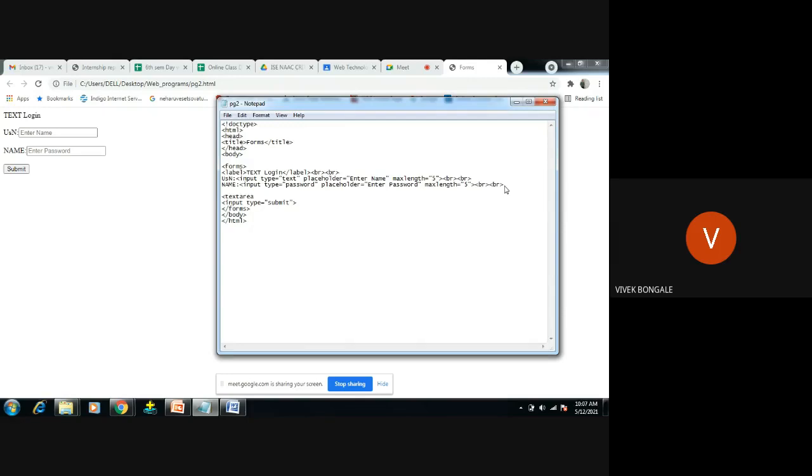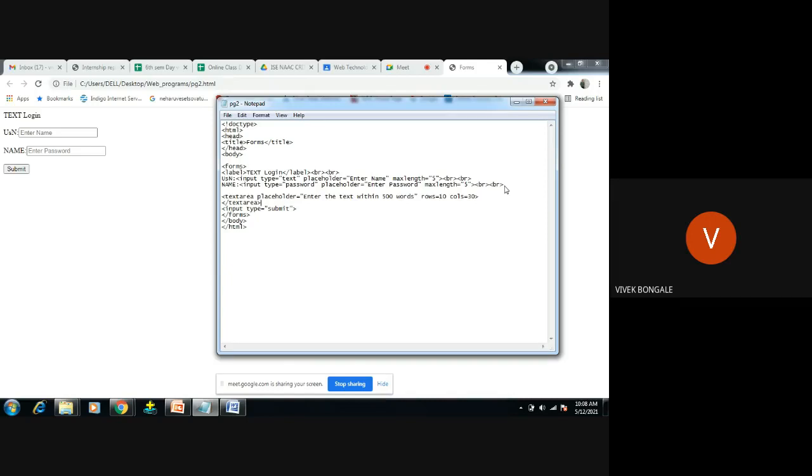If you want, you can keep any placeholder here, like enter the text within 500 words. This you want to display there. Then rows equal to 10, and columns equal to 30. I will close the text area.